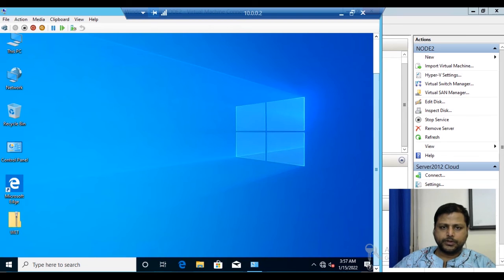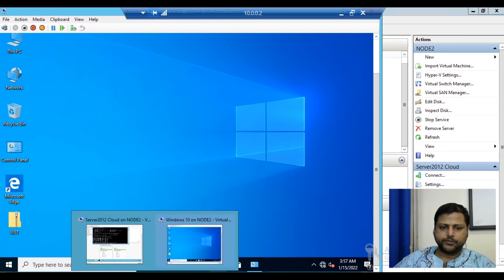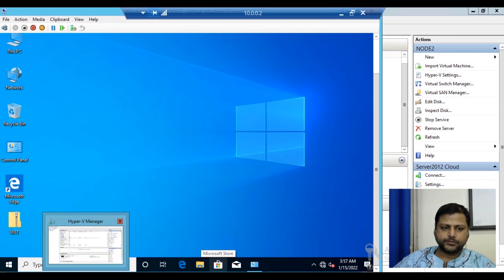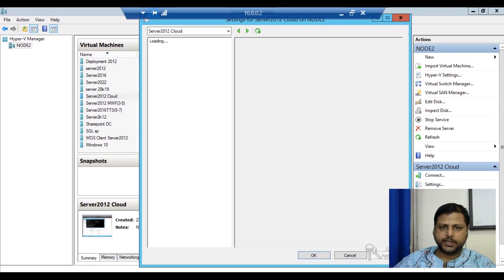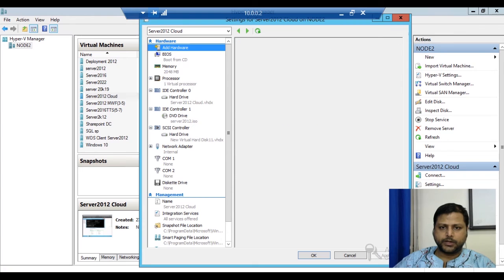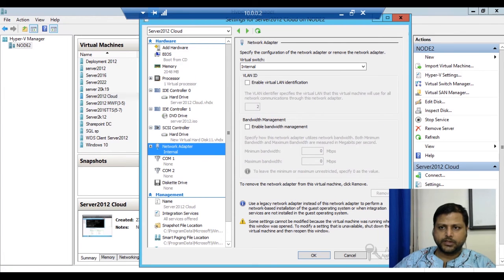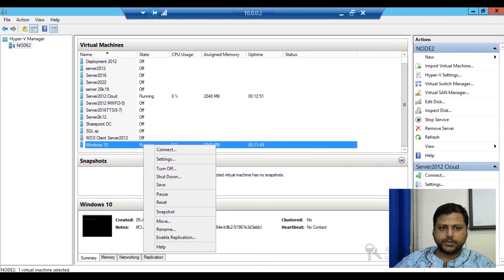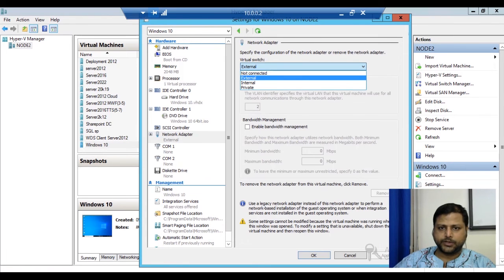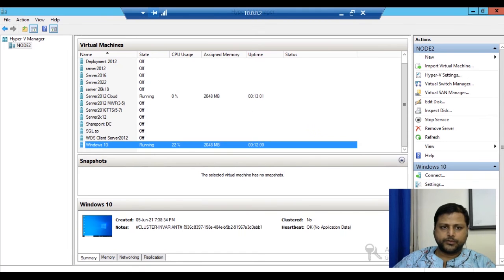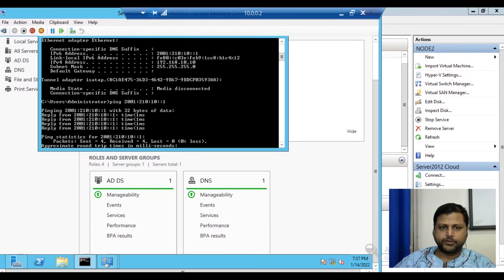So now we'll go to the settings so that we can communicate within the same network. So now we'll go to the systems and check whether both are in the same network or not. So we will check with the settings, and now we'll go for network and it is in the network, and now we will also check the other system whether it is in the same network or not. So both are not in the same network, so we'll provide the network, and it is in the network. Now we'll check the connectivity so that it will be able to communicate.